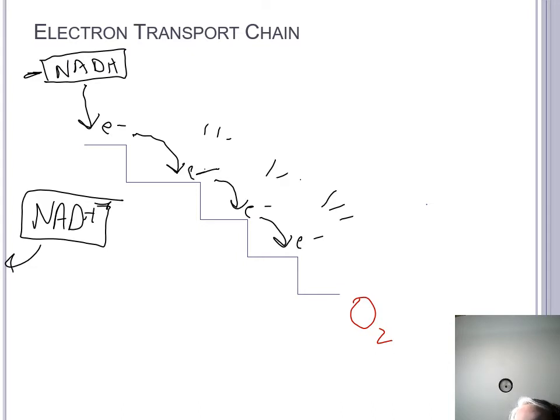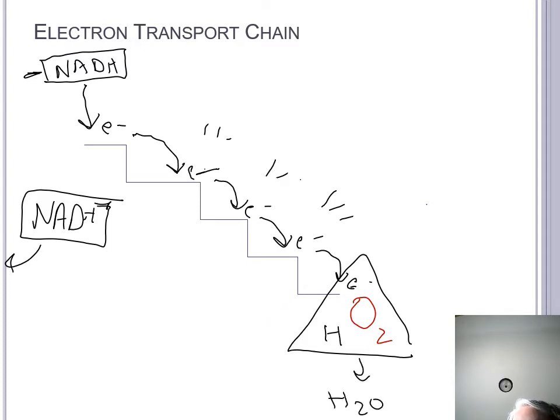So the oxygen down here is drawing all of the electrons towards it. And so that electron will eventually get down to oxygen. When the electron gets down to the oxygen, the electron plus a hydrogen plus the oxygen will form some water. And so in this process now, we've got our electron transport chain where we've taken those electrons that were in the NADH molecule,